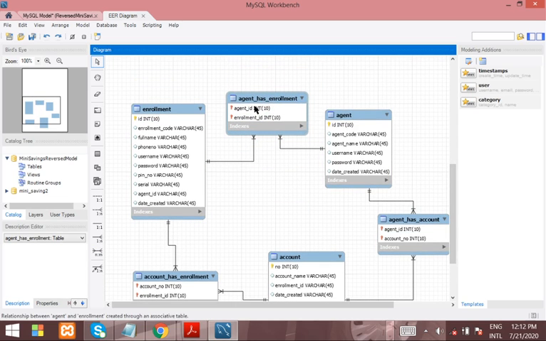Now please let's look at the relationship between agent and enrollment. It says what? Agent ID and enrollment ID. Not the other way, like the one we did yesterday, which says agent ID and enrollment. It's repeated. So the explanation here is that it means an ID from table agent, and an ID from table enrollment. So now you can forward engineer this again to create another DB.